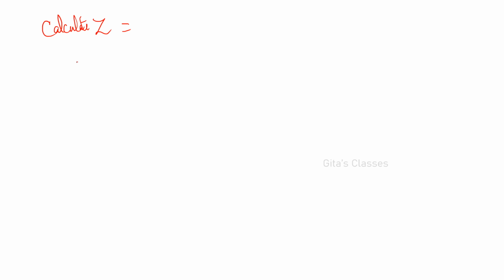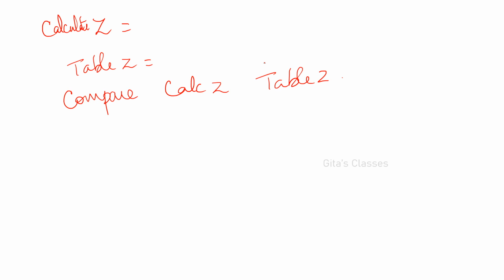And next you have to find the table Z value from the table. Therefore, now you always have to compare the calculated Z to the table Z value. From the table, I have actually given you a table: 1% two-tailed, 1% one-tailed, right-tailed or left-tailed. You need not learn all 3 sets by heart. Only two-tailed and one-tailed, if you remember. For both right-tailed and left-tailed, the only difference is that one negative sign will be there.